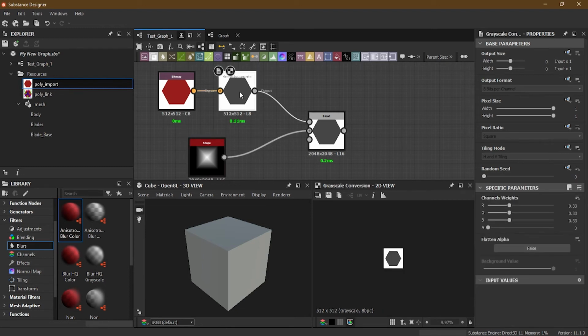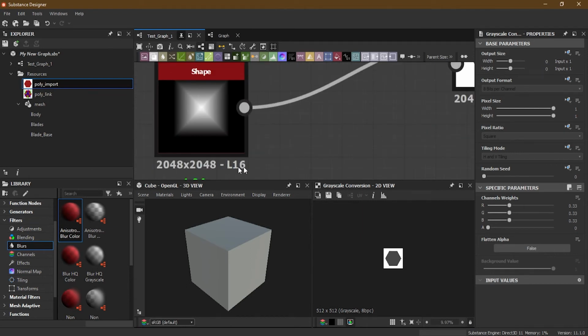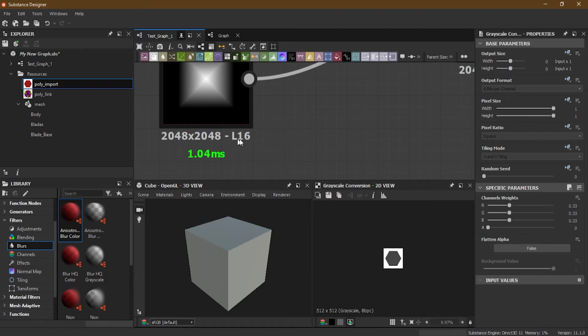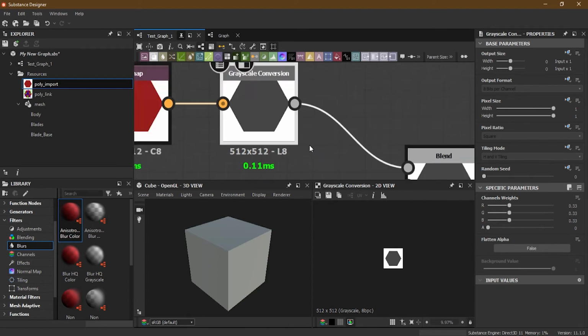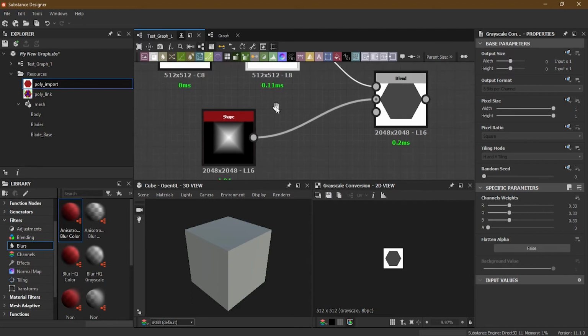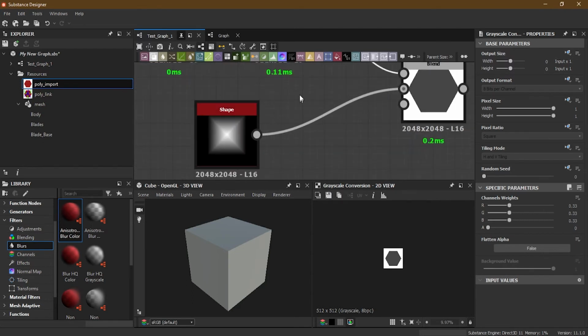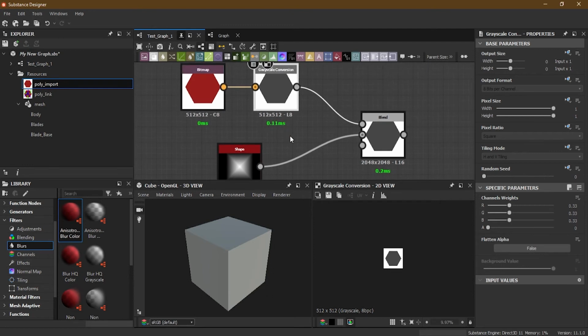This shape over here, on the other hand, is 8-bit. And how do I know that? If you zoom in here, notice it says L16, 16-bit image. Here it says L8, 8-bit image. So the reason this is thin is because this is an 8-bit image. And the reason this is thick is just because it is a 16-bit image. So there is nothing wrong in using both of them together,